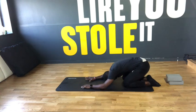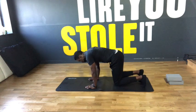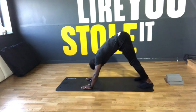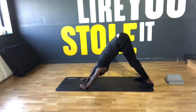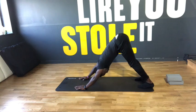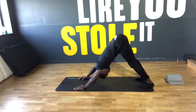Breathe in, come up into tabletop position, flexing the feet and raising the hips as we come into downward dog, stretching through the back of the thighs, opening up the chest and lengthening the back. Deep breath in, exhale,